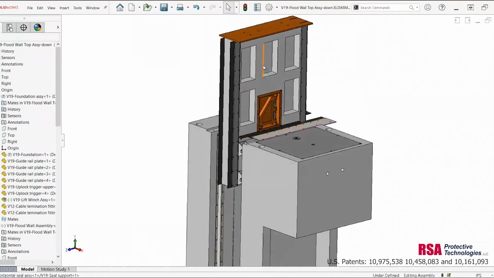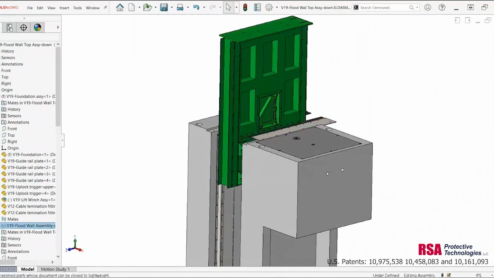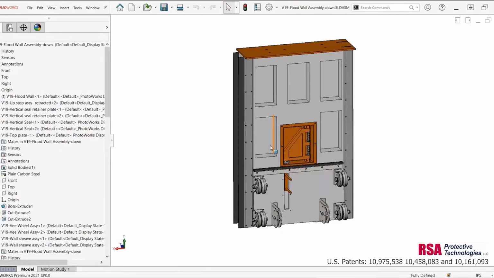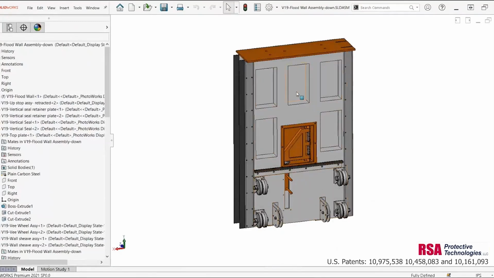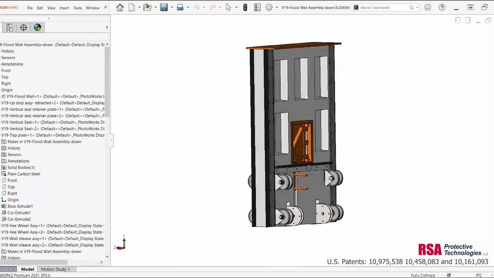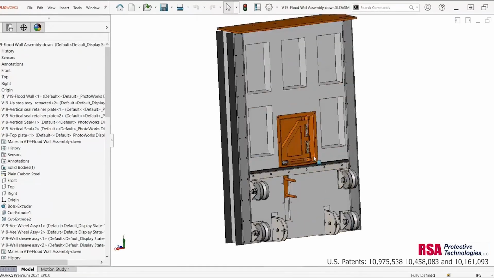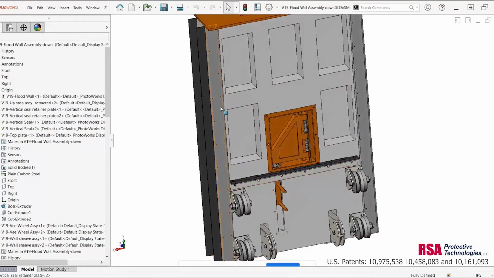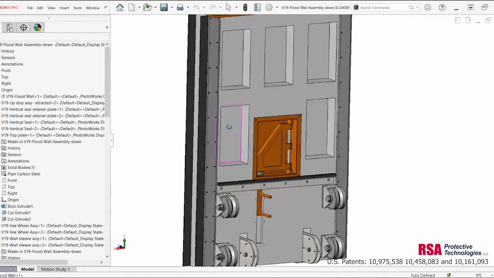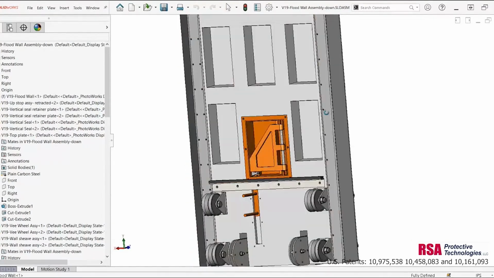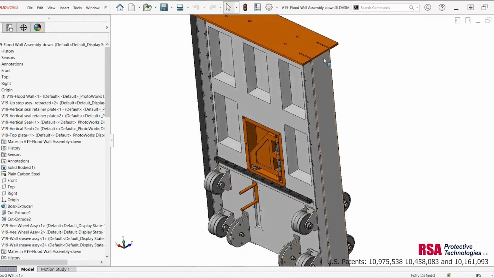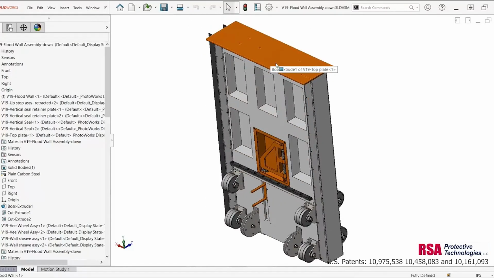The other major element obviously is the wall itself. So this is our wall. And this is again a precast concrete unit with inserts so that we can attach all of the elements to it. So the vertical seals on this side, pockets on this side, so that when the 2 walls are next to each other, the one wall seal interlocks into the pocket of the adjacent wall. There's a top plate here that protects the horizontal seals, and it could be a drive-over cover,